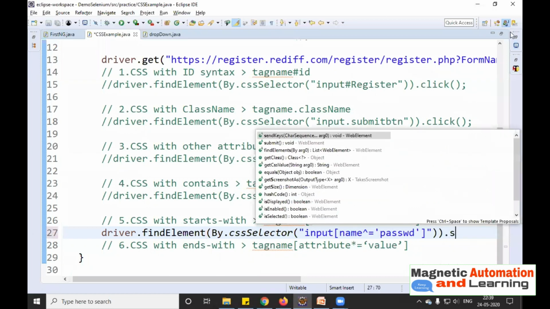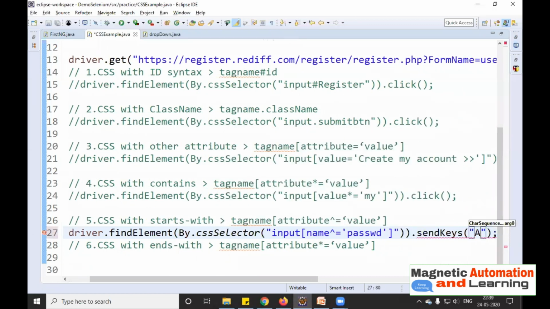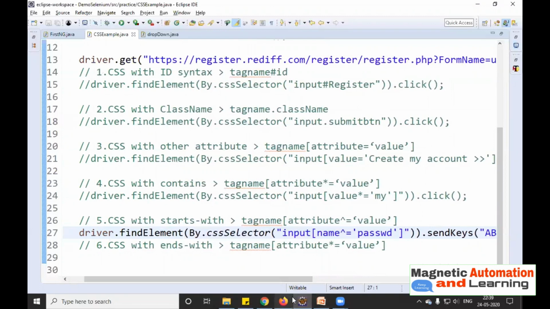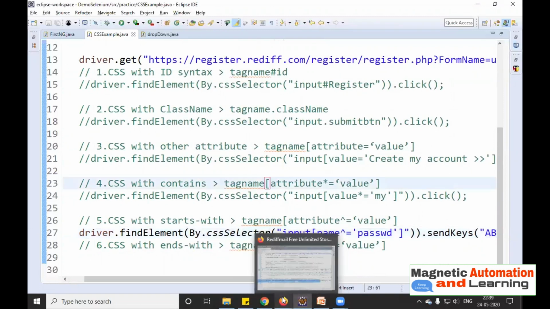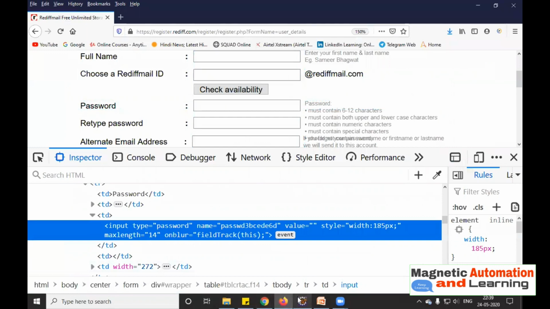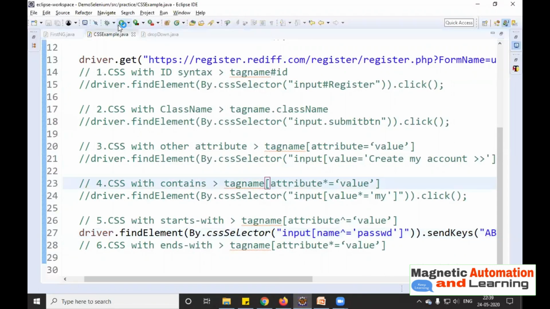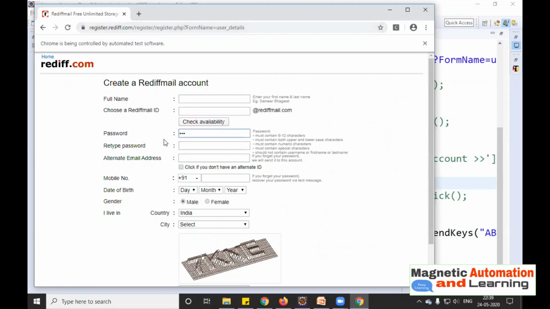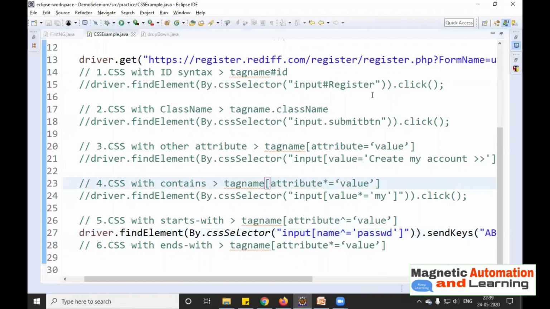We are going to do send keys, and the send keys is ABC. The tag name is input only. Let's run it. It should run successfully. See, it has passed the password here. That means our CSS with starts with is working fine.